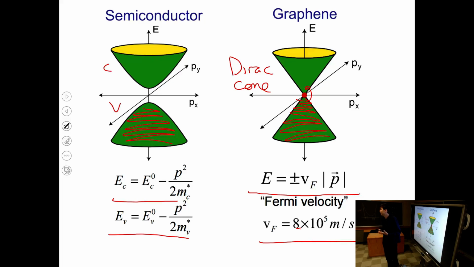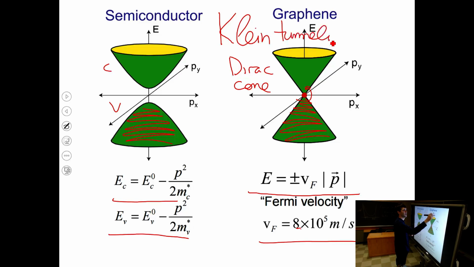I don't have time to explain it to you today, unfortunately, but I encourage you to look up Klein tunneling in graphene. It was envisioned for relativistic particles, but could not be observed with real relativistic particles, but in graphene it is possible. Now, the meaning of this VF is also that no matter what the energy level is in this band structure, you can raise the chemical potential and fill part of the conduction band, or you can be in the valence band. But no matter where you are, these particles travel with the same